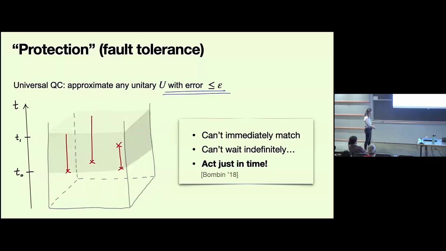So instead, we have to change our decoding strategy. We have to actually act as we go, but we can't just act naively. This approach is called just-in-time, and it was proposed by Hector Bombin for the first time, but in a different context. And now we understood that this is something that is actually needed to correct some of the non-abelian orders. So what we do is that the local errors introduced by the environment, which include measurement errors, actually kind of cluster. They have this clustering property that they cluster into some sort of balls in space-time.